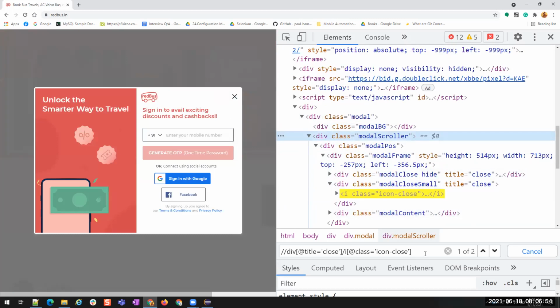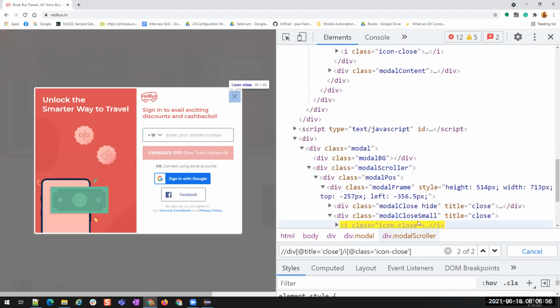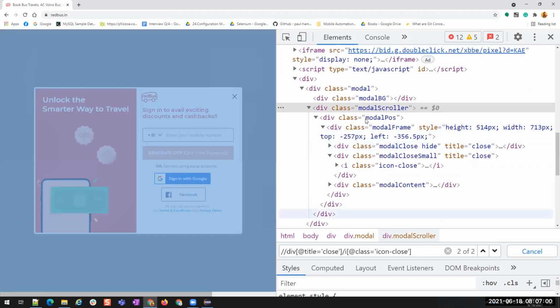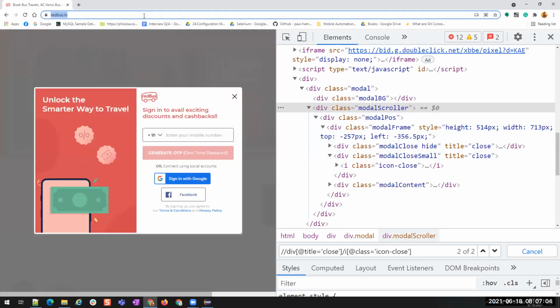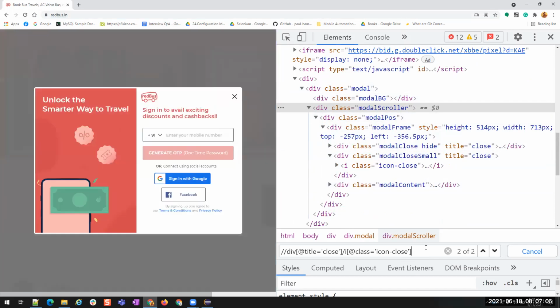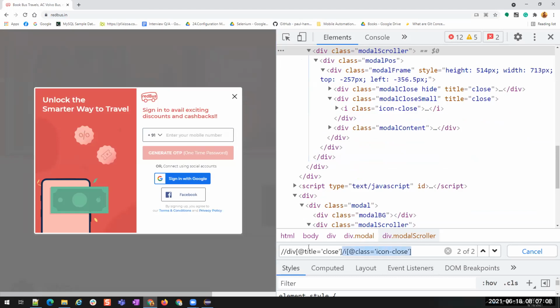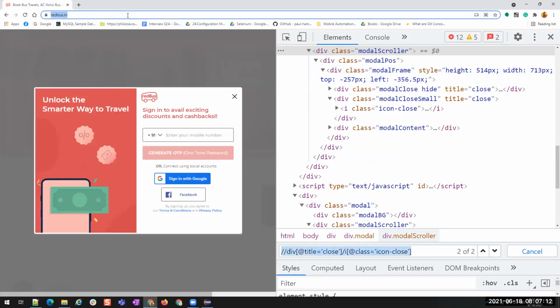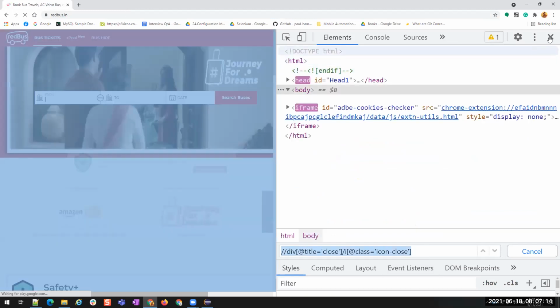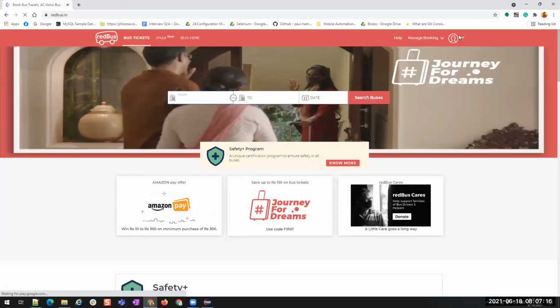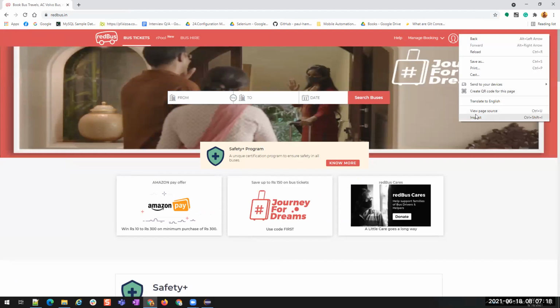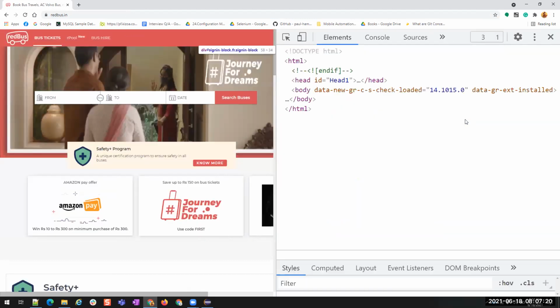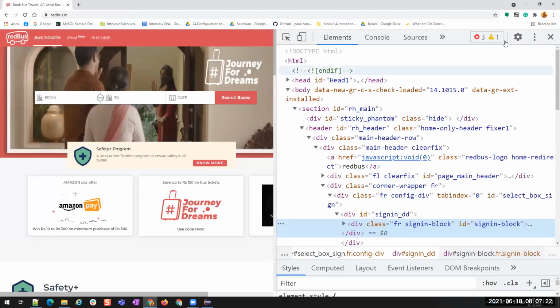Now, 1 of 2 and 2 of 2. Both are representing the same because both are same. I did not hide anything. Understood? So that is the reason you are seeing it like this. In these cases, though your XPath is correct, you get 1 of 1 when you open it for the first time, but when you reload the page or do something, that is gone. It is getting 2, 3, 4 like that, right?